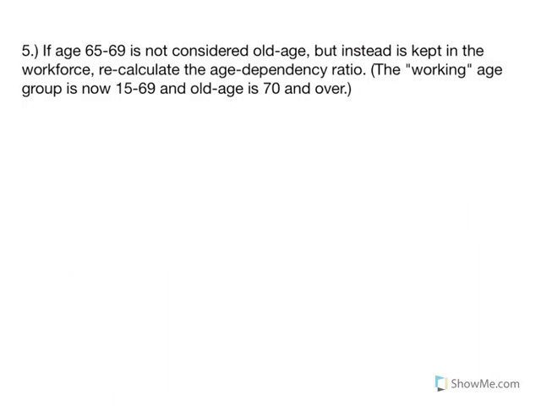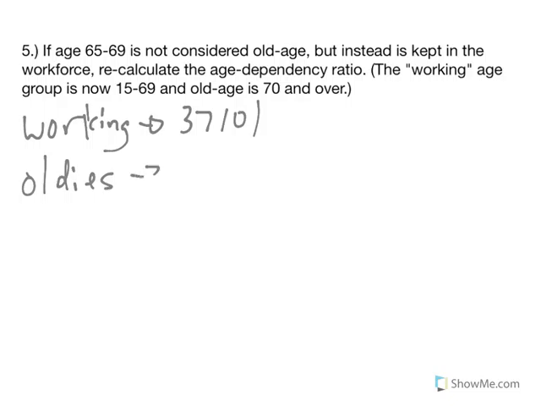Okay. Number 5. Now, if ages 65 to 69 are not considered old but kept in the workforce, how does that change our age dependency ratio? Meaning, the working age is now 15 to 69, and oldies start at 70. It seems that a lot of people are working longer now. Fewer people are retiring at 64, and they're working closer to 70. So if you think about that, before, our working class only went to 64, and it was 37,101. And our oldies, which started at 65,